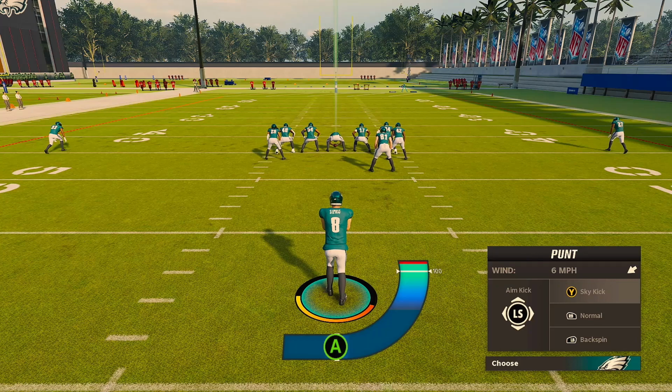We're going to go over sky kick, normal kick, and backspin, okay? So first, let's go over normal kick. With normal kick, the issue is if you push your analog stick and creep up towards the sideline, the first vibration you feel, whether it's right side or left side, doesn't matter where the ball is or which hash, okay,